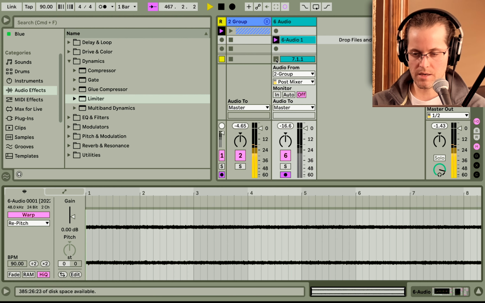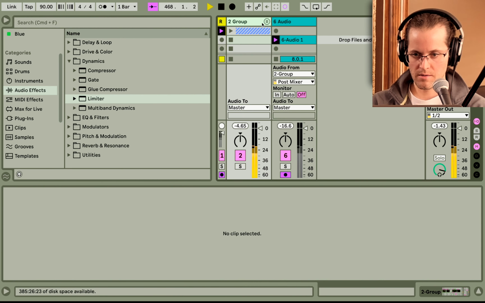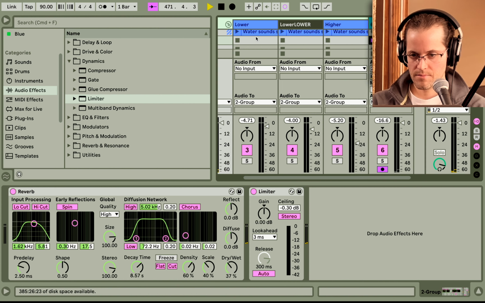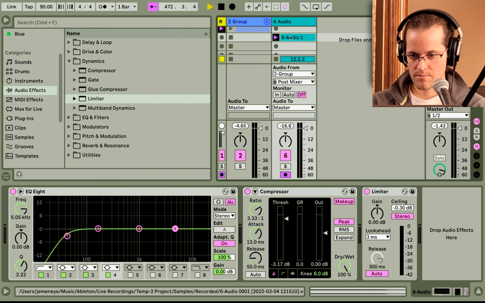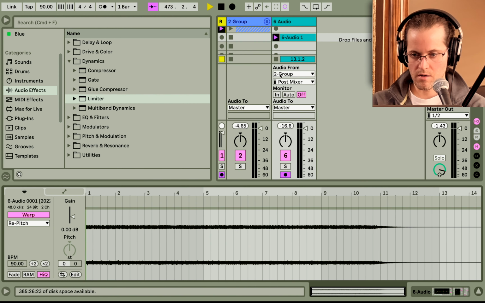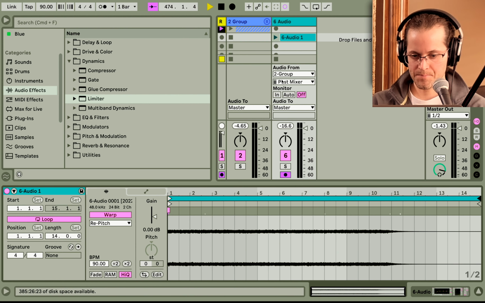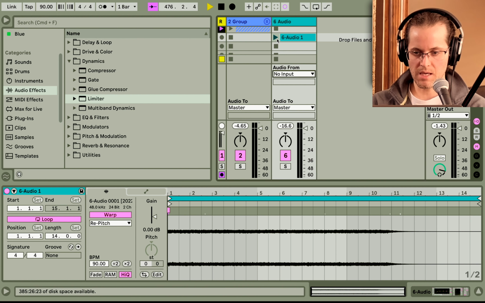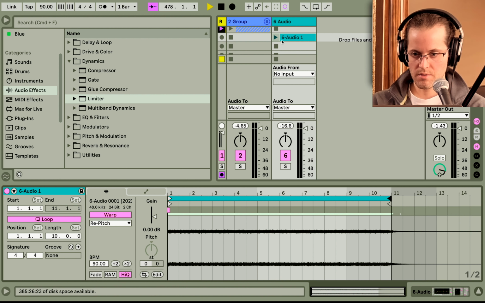And I'm going to go back into group here, and I'm going to turn off the freeze. So if we come into here, we've got our audio. I'm going to click stop, and I'm going to switch it to monitor in, and I'm going to turn it to no input, just so it's not recording or picking up any other input, it's just audio. So now if we push play,